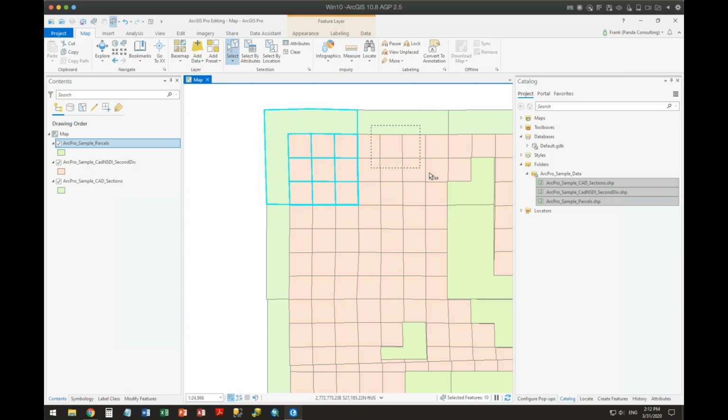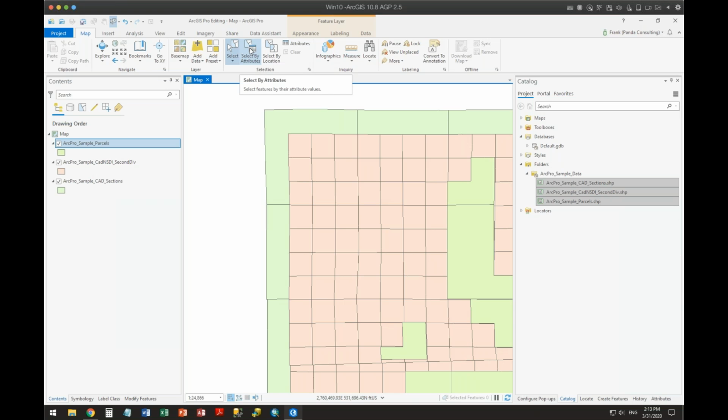So you can hit rectangle, new selection each time. And those of us, by the way, that used to use ArcInfo, yeah, this is make a selection. The shift key is add a selection, and the control key is remove from the selection. So you had A selects, N selects, R selects, those sorts of things. Same sort of thing. All right. So those are selections in here.